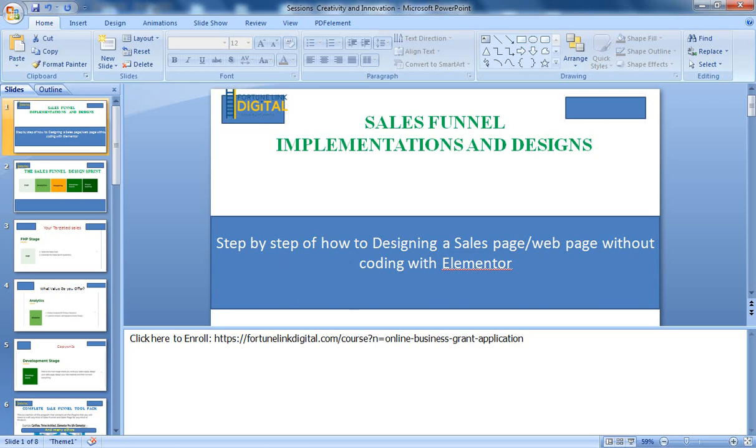Now in this free training, we are going to learn step by step how to design a web page without coding, using Elementor. You are also going to know sales funnel implementations and designs. We are going to expose some of those secrets that will enable you to understand, model, and refactor your sales funnel to suit what